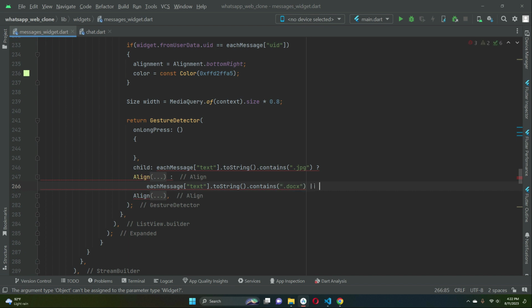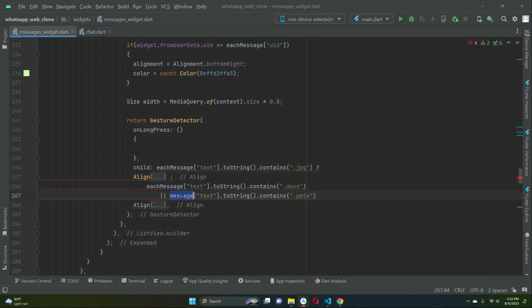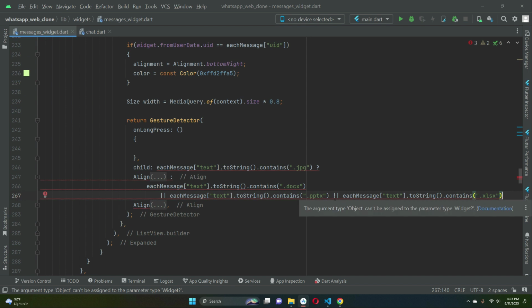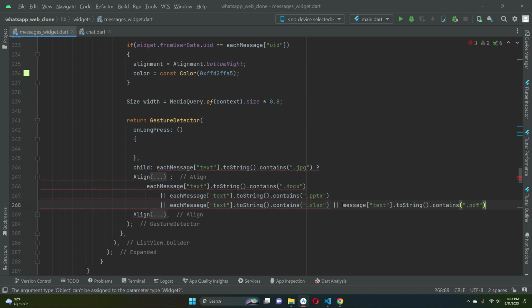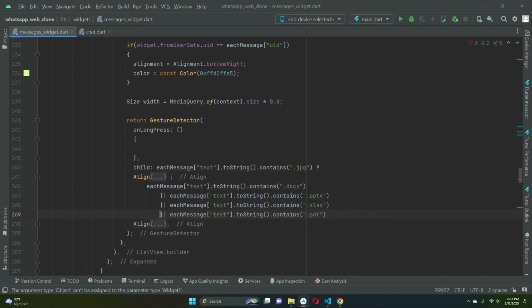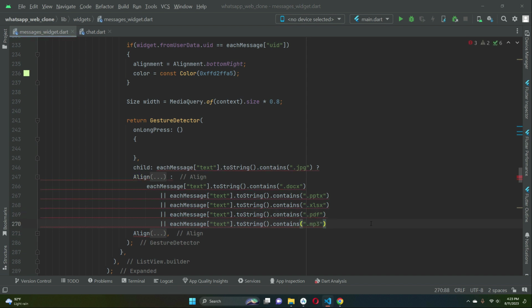So using the OR operator we can add the other ones as well. So we can say if it contains .pptx, let me move it to the next line. Then if it is .xlsx, it means it is a Microsoft Excel file. And then of course if it is .pdf, it means it is a PDF file. And then of course the .mp3, and then the last one which is .mp4,